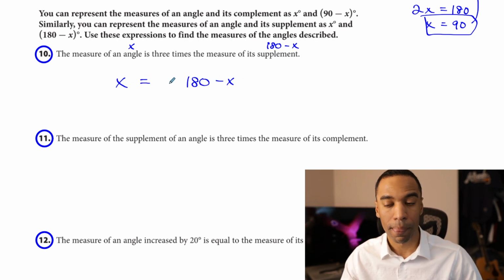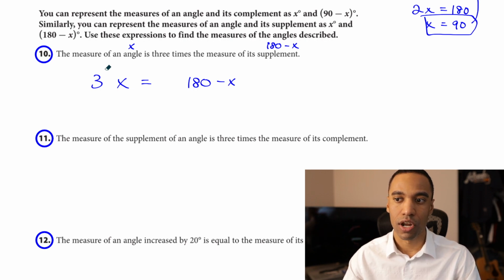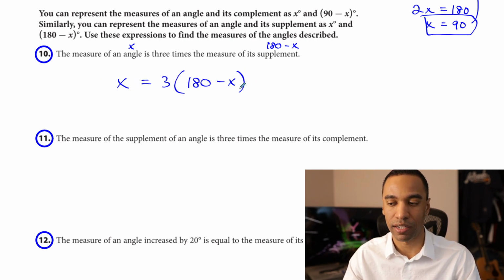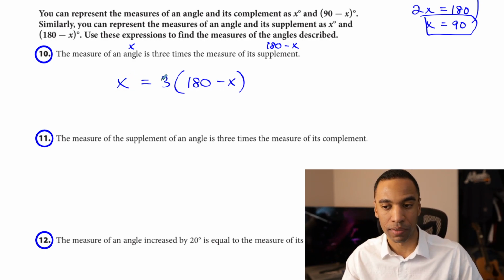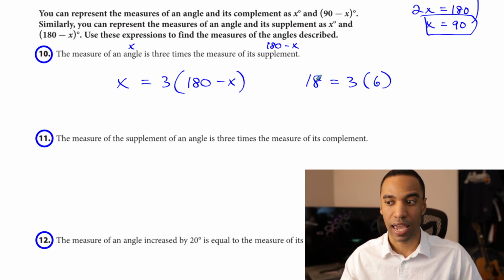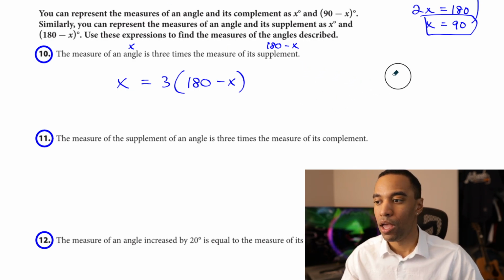They're not equal. Do I put the 3 here and say it's 3 times if I have to triple the x? No, they're saying the x is 3 times that amount. That means I'd have to triple the supplement to match this thing here. This thing is 3 times bigger, right? Check this out. 18 is 3 times 6. 18 is 3 times bigger than 6. I don't do 3 times 18. I do 3 times 6 to make them equal. Okay,